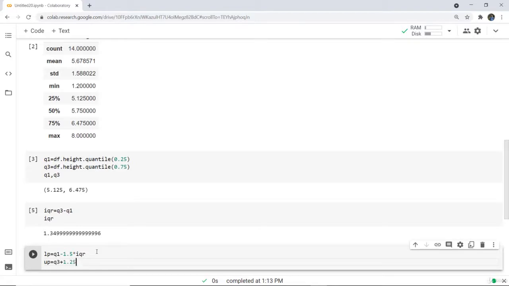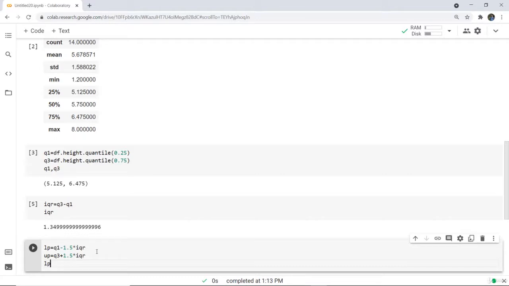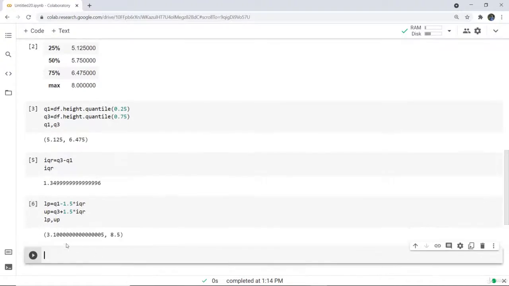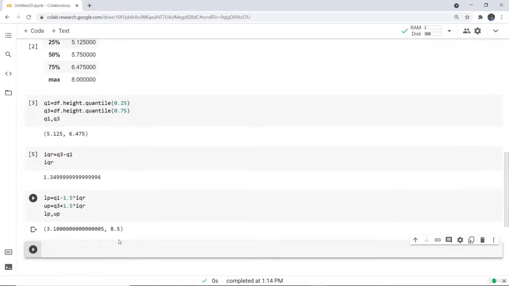1.5 into IQR. These will be the two values, and then we can display both the values also as LP comma UP. And here you can see that the lower limit we can say is 3.10 and the upper limit is 8.5, which is there. Next, what we need to do, we need to find the outliers which are there, and that